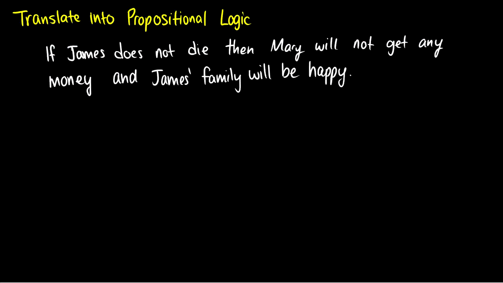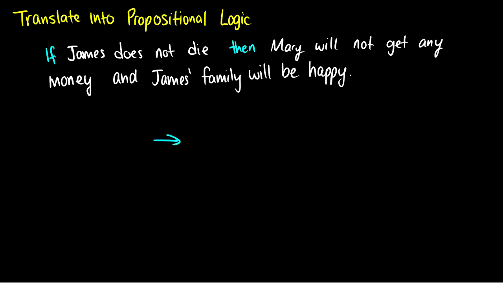So I have this sentence here. If James does not die, then Mary will not get any money, and James' family will be happy. So the first thing I want to do is look at all the connectives. The first thing I see here is an if-then statement. So I'm going to rewrite this if and then in light blue,